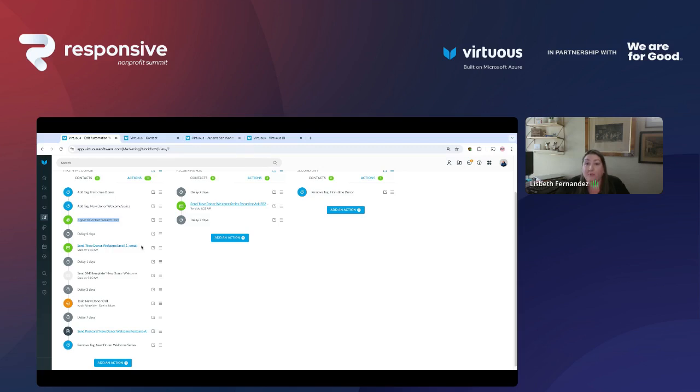These workflows are all multi-channel, so you can communicate with donors in all different kinds of ways, right? You can send out emails directly from here, and these emails are all using our fully integrated marketing platform, right? So Virtuous is much more than a CRM. We have a full marketing suite of tools that includes email builders. We have integrated forms, including giving forms, and a full, robust giving platform. So we have full SMS in here as well. A lot of those are all available through our automations here for you to create that multi-channel